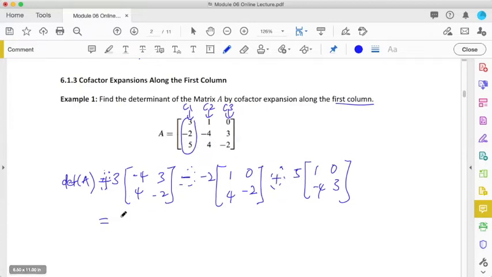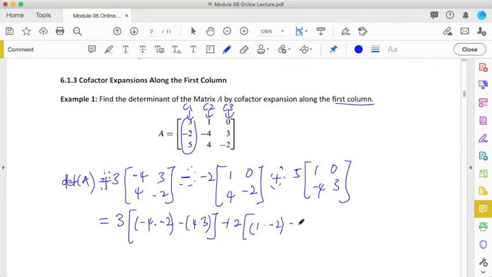So if you solve that, you get 3 times (negative 4 times negative 2 minus 4 times 3). So that one becomes plus 2 times (1 times negative 2 minus 0) plus 5